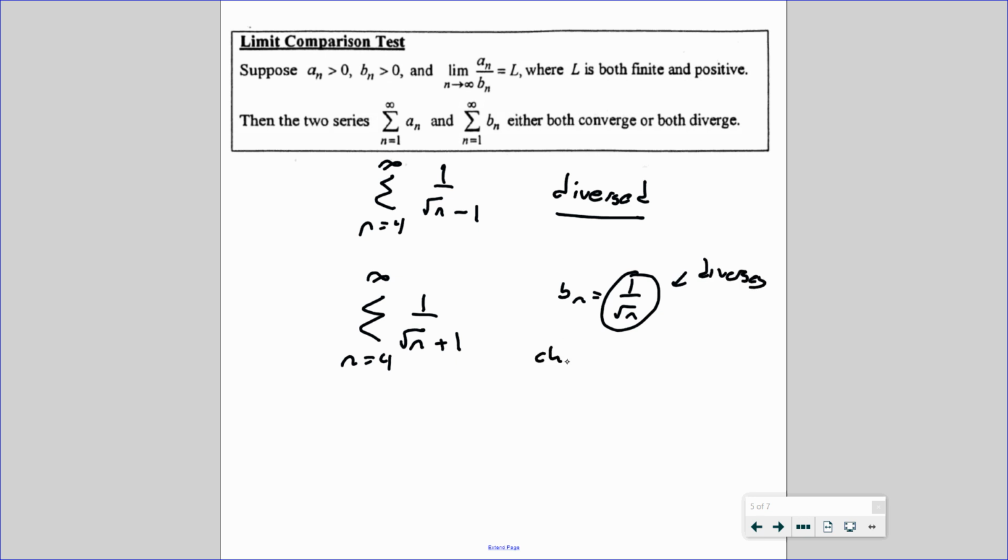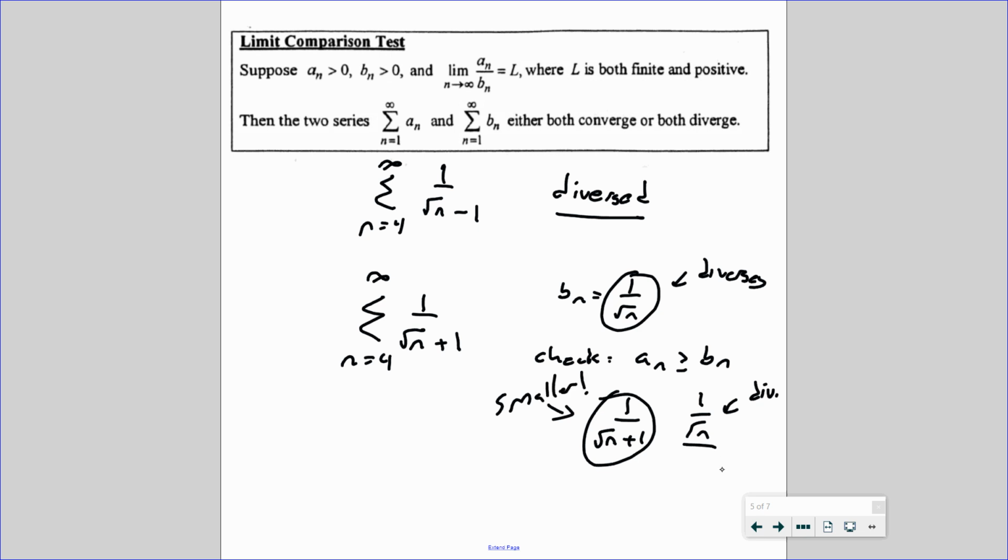But when we did our check, our rule says that the original a sub n has to be greater than or equal to my comparison. Well, let's take a look at what happens here. My comparison is this 1 over root n. My original is this 1 over the square root of n plus 1. Well, this I know diverges. However, this is smaller